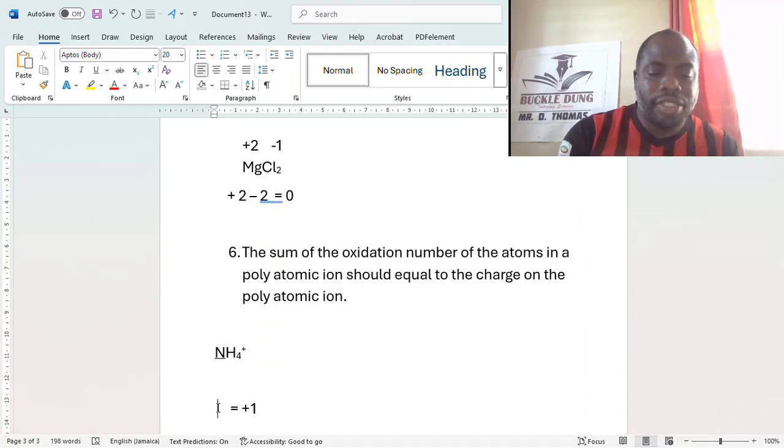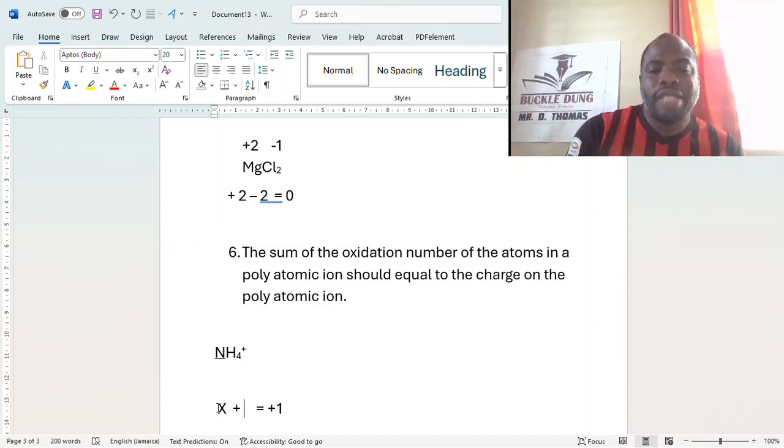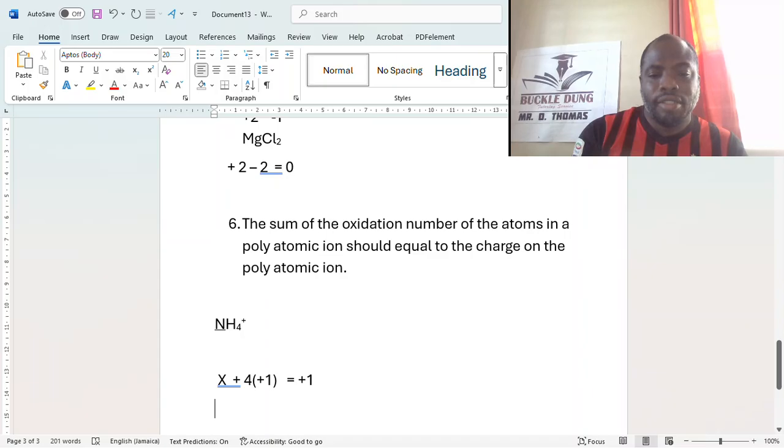So what we do is call nitrogen X. We don't know what it is. And we said that we're going to sum them, so we're going to add them up. We know that we have 4 hydrogen, and each hydrogen is a +1. And when we add those, we say that it should equal the charge of the polyatomic ion, which is +1. So when we really look at this, we get X plus 4 equal